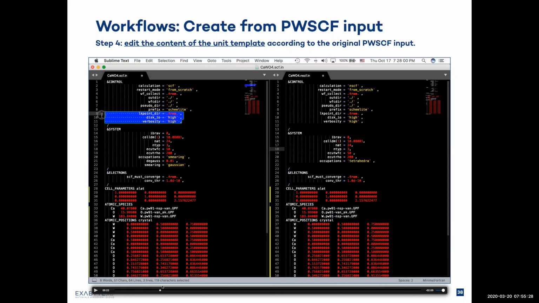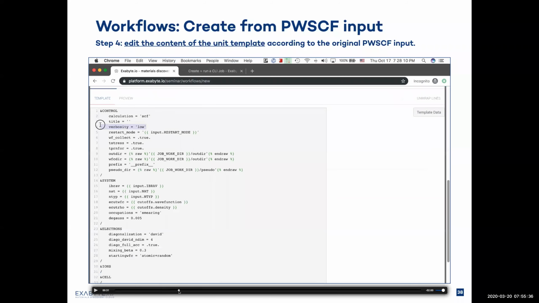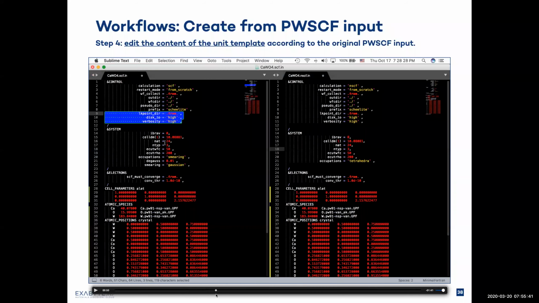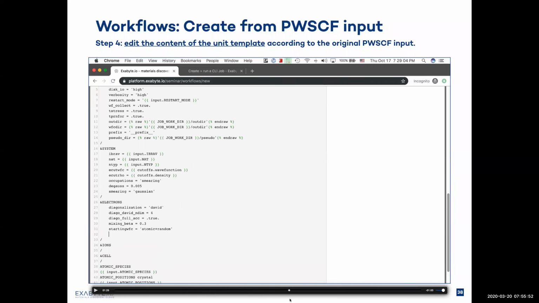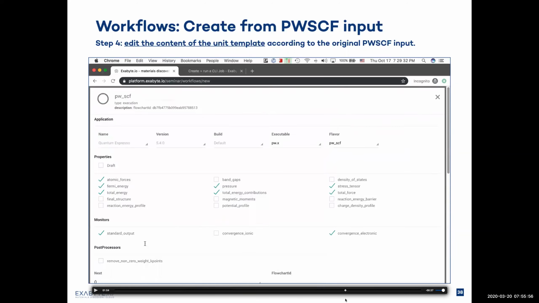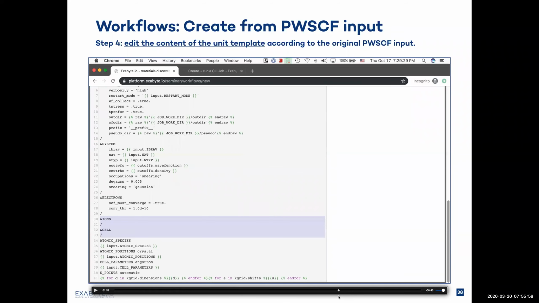For example, there is a keypoint directory flag, disk.io, and verbosity that we need to migrate from the Quantum Espresso input. Okay, so I'm replacing the verbosity flag with the new content, and I'm going through the system to do the same. The system namelist, the electrons namelist, and the rest of this file to properly copy the information,